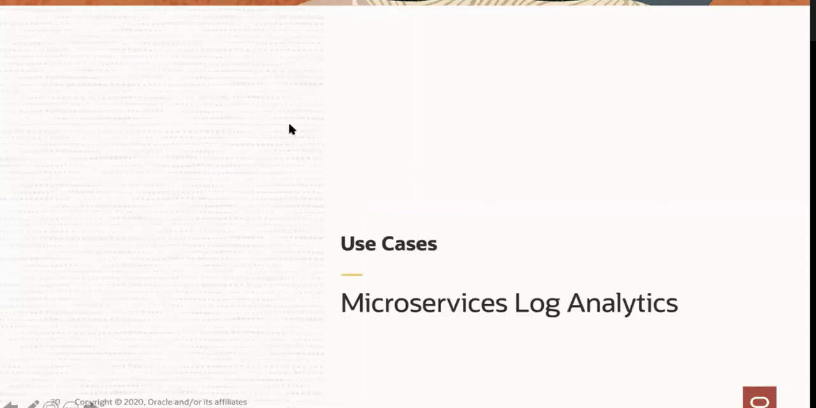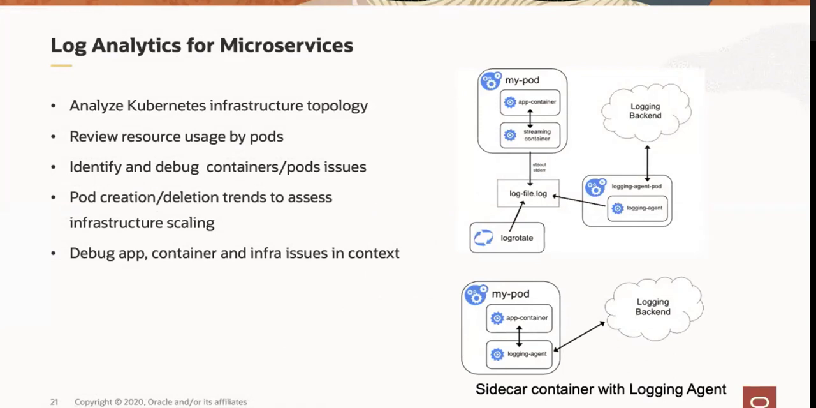All right, so next we'll talk about how you can ingest logs from your microservices environment. Essentially, this provides details about how you can utilize Logging Analytics and the Log Management agent to deploy on any Kubernetes cluster environment. You can deploy our containerized agent as a sidecar on every node and ingest logs from your containerized environment